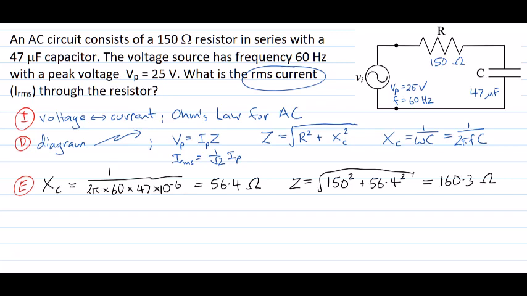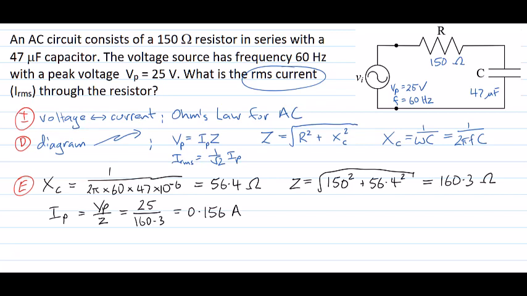And you can see I've been keeping 1 or 2 extra significant figures in these calculations. If you look at the question, my limited precision there is only to 2 significant figures, and that's what my final answer needs to be. But to avoid any rounding errors, I'm keeping some more significant figures in my intermediate results here. And so now when I come to calculate my current, the peak current here by Ohm's law will be the peak voltage divided by the impedance. That's going to be 25 volts divided by 160.3 ohms, and I do that calculation and I find it's 0.156 amperes. That's my peak current.